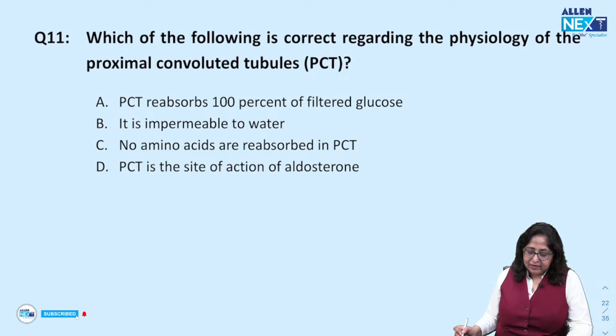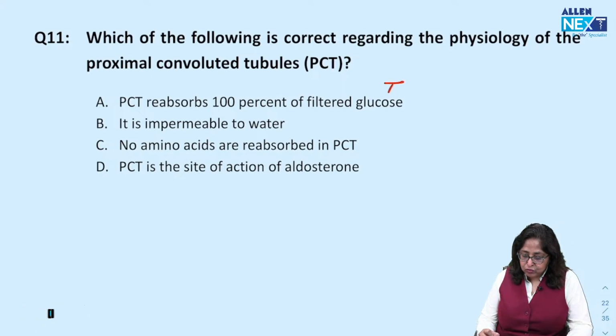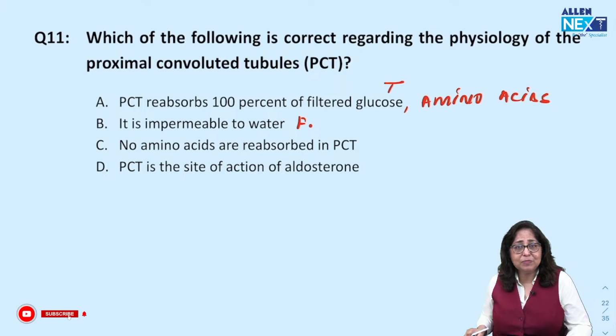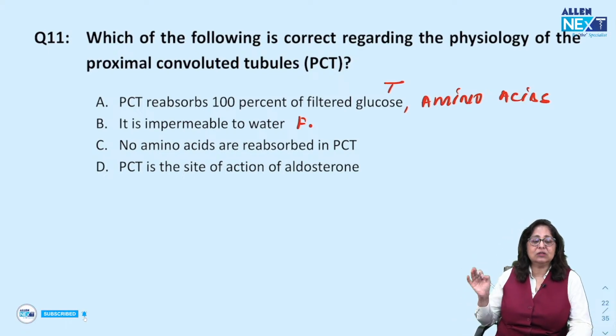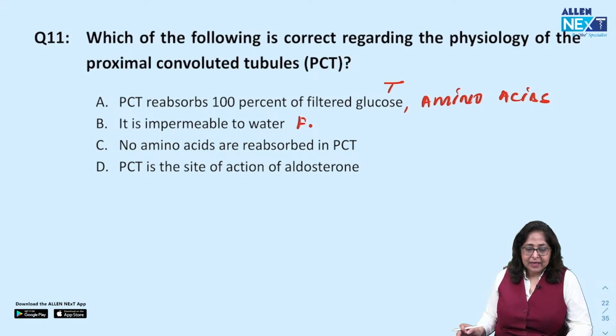Which of the following is correct regarding the physiology of the PCT? PCT reabsorbs 100% of the filtered glucose. This is a true statement. Filtered glucose as well as amino acids, 100% are going to be reabsorbed in the PCT itself. It is impermeable to water. This is a false statement. It is very much permeable to water. In fact, 2/3 of the water is reabsorbed in the